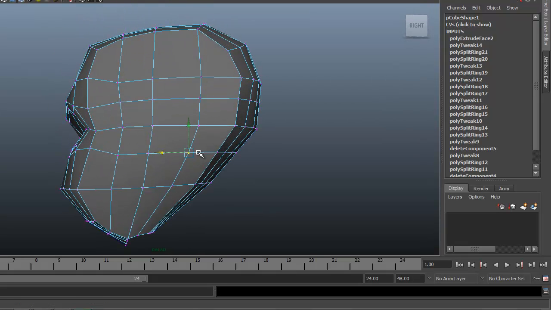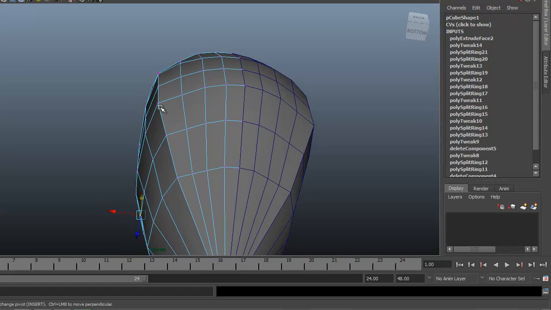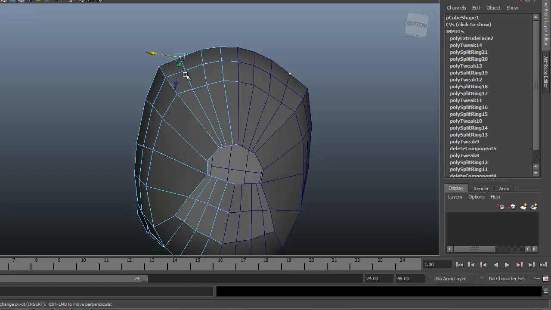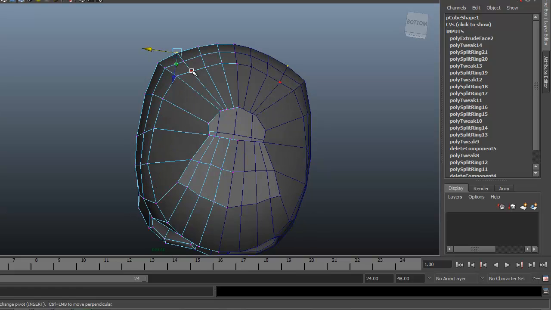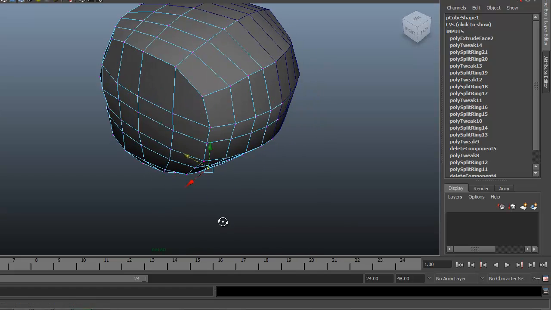You have nice curves happening down the side of the face, and you don't have flat areas or little points kind of sticking out like I do here. There's another kind of flat area that I didn't quite get on that last insert. So check everything out before you start on the next lesson.